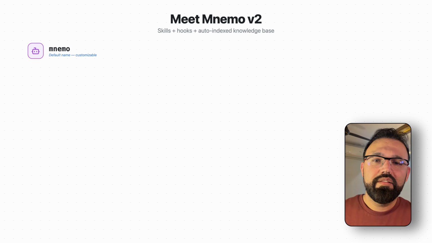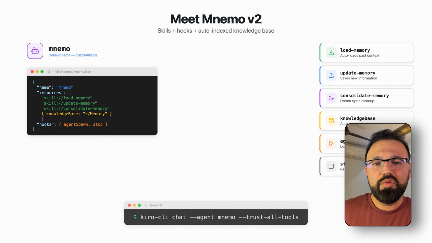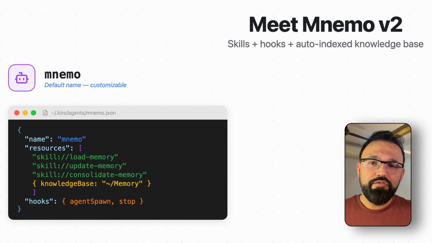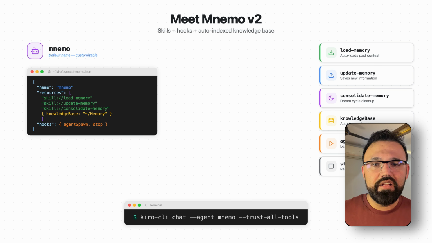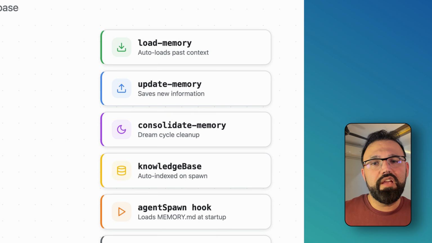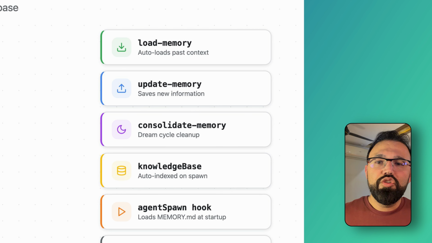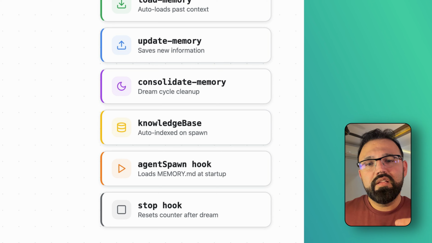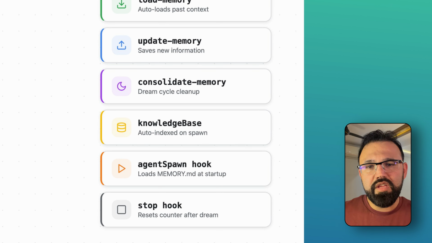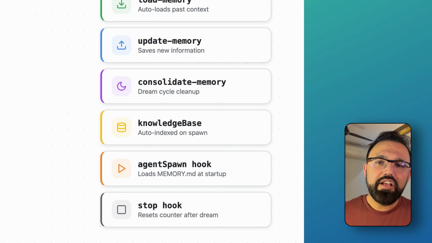To tie it all together, the setup creates a dedicated agent called Mnemo. The v2 config wires all the 3 skills. It has the load memory, the update memory, and consolidate memory, plus a knowledge base resource that auto-indexes your memory folder on every agent spawn. 2 hooks handle the lifecycle. Agent spawn loads Memory.md into context at startup and tracks the session count, while the stop hook resets the counter